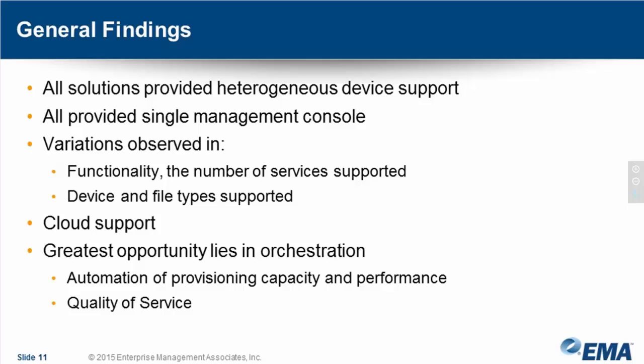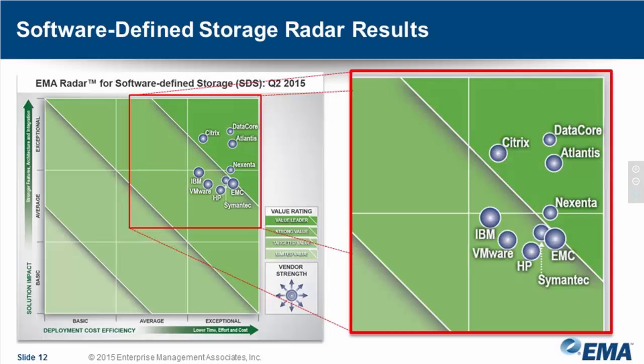And what I will say is, if you look at the promise in some of the definitions of software-defined storage in the past, they talk a lot about orchestration and automation in things like provisioning for performance or quality of service. And this is really the area that has a great degree of diversity across all the solutions, and I think it's the area that provides the greatest opportunity going forward. And I'll certainly speak to that at the very end of the presentation as far as what to look forward to. So finally, let's take a look at this